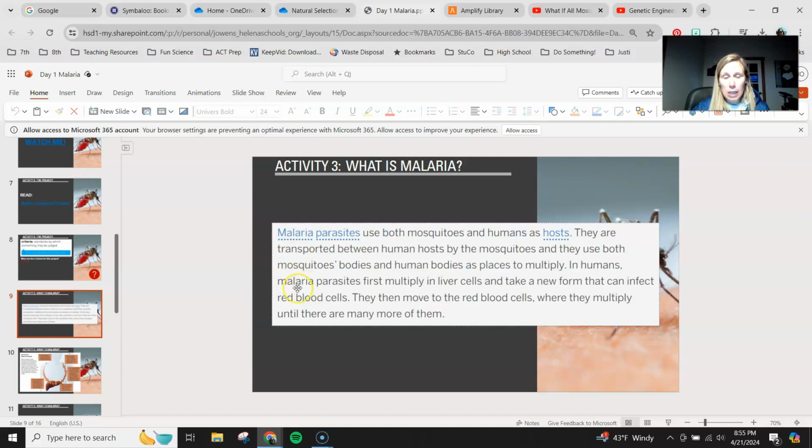It's actually a little microscopic parasite. And they use both mosquitoes and humans as hosts. They are transported between human hosts by the mosquitoes, and they use both mosquitoes' bodies and human bodies as places to multiply. In humans, malaria parasites first multiply in the liver cells and take a new form that can infect red blood cells. They then move to the red blood cells where they can multiply until there are many more